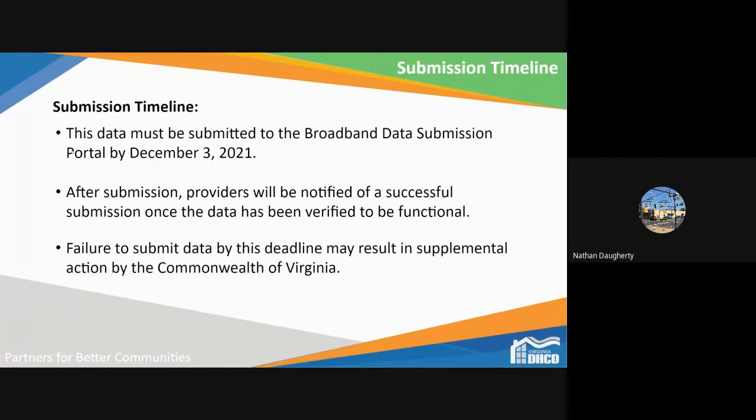I was curious if that will cause a lag in the official receipt of any data that's provided, or if we would also receive a notification at the time of submission. That's a small point. The second question related to that slide is there's a mention of supplemental action, and I wonder if you can define that. And then I have a third question that's not related to that slide.